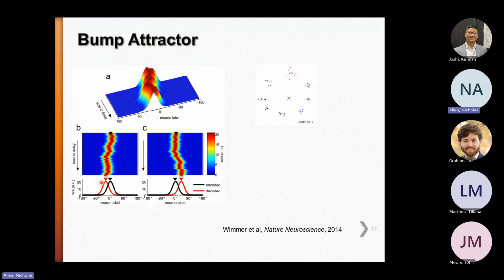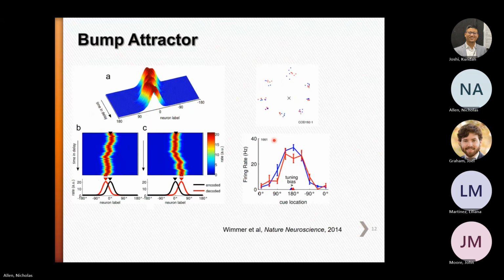Here, we did exactly this analysis, in that we broke down the subject's responses in these red points that represent responses deviating clockwise or counterclockwise from the location of the stimulus. Then we compare the tuning functions of neurons based on these responses. And in fact, we saw that there was a significant difference, exactly as our model predicted.